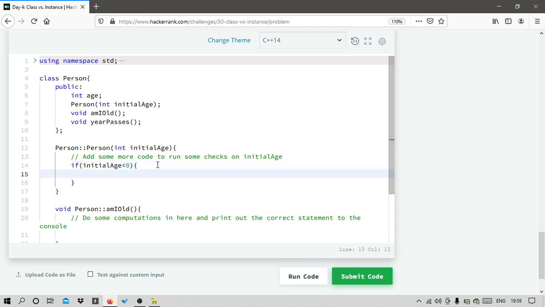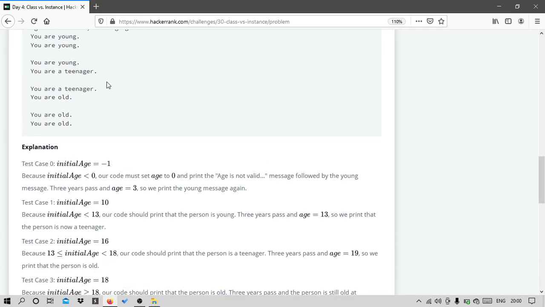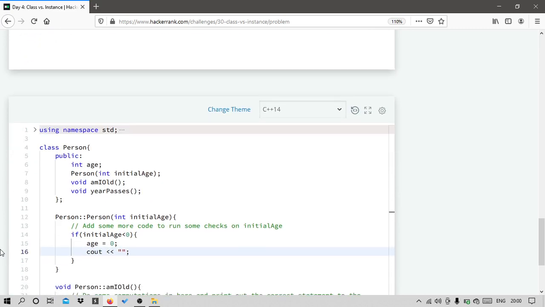So if the initial age is less than 0, we have to set age to 0, and we have to print that age is not valid and setting age to 0. So I'll copy it from the sample output.